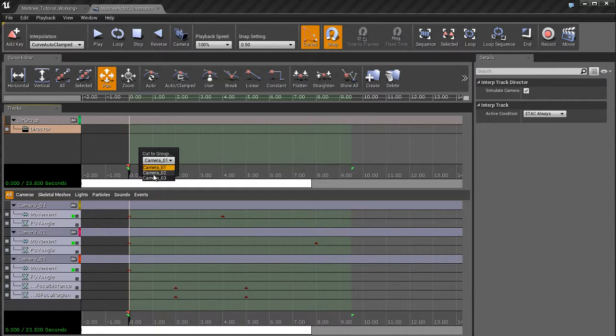Now, it doesn't matter what order you go in. That depends on your artistic vision and how this whole cinematic is going to go together. But as I've already explained, what I want for the purposes of this tutorial is for camera 1 to go first and do its thing. Camera 2 will go second, do its thing. When it's finished, I want camera 3 to kick in and do its thing. Okay? So the way this works is pretty simple. I'm going to select camera 1